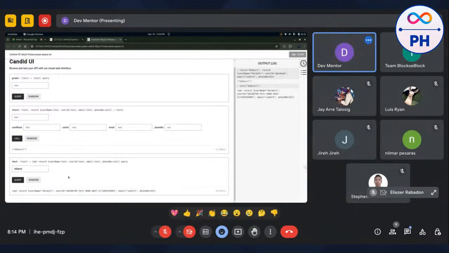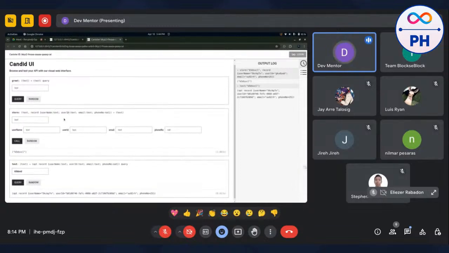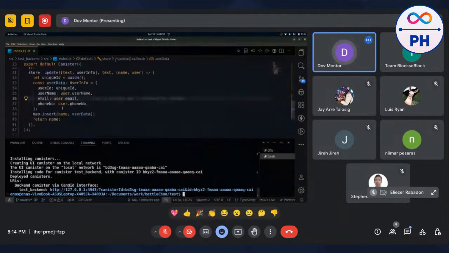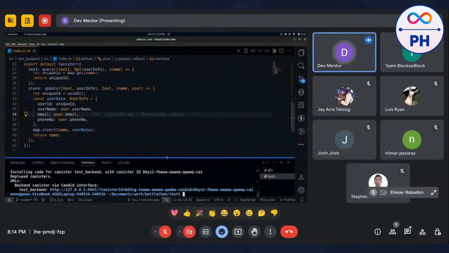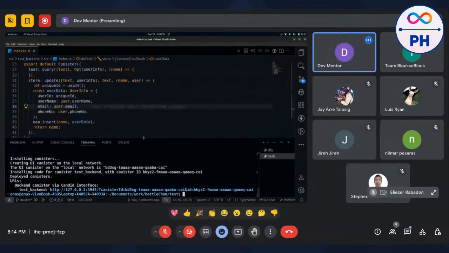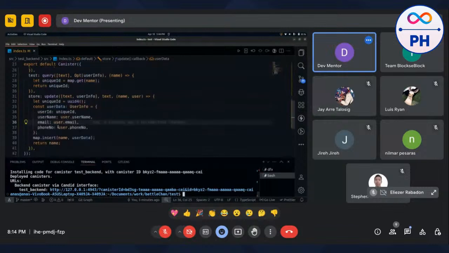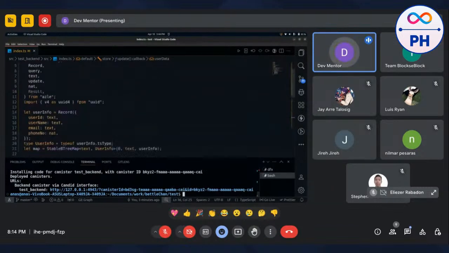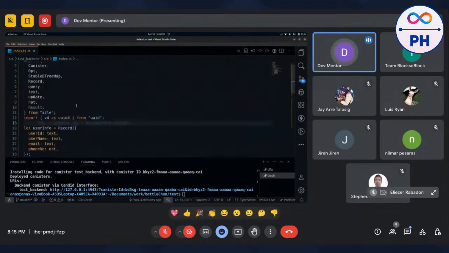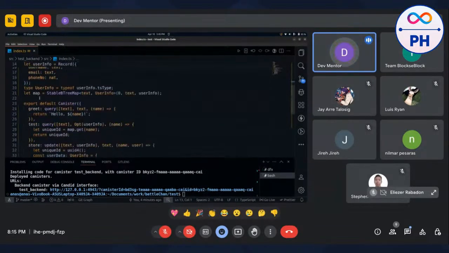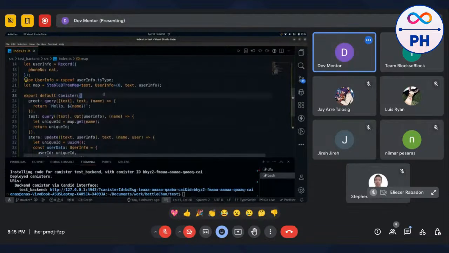So let's create a complex dream app which will help you figure things out. Now let's create a simple application that stores the data inside it. Right now we're going to create a to-do list, and let's see how we can integrate that with the front end. I told you about record yesterday, and how we can store our data inside this stable arbitrary. So let's use the same thing over here,